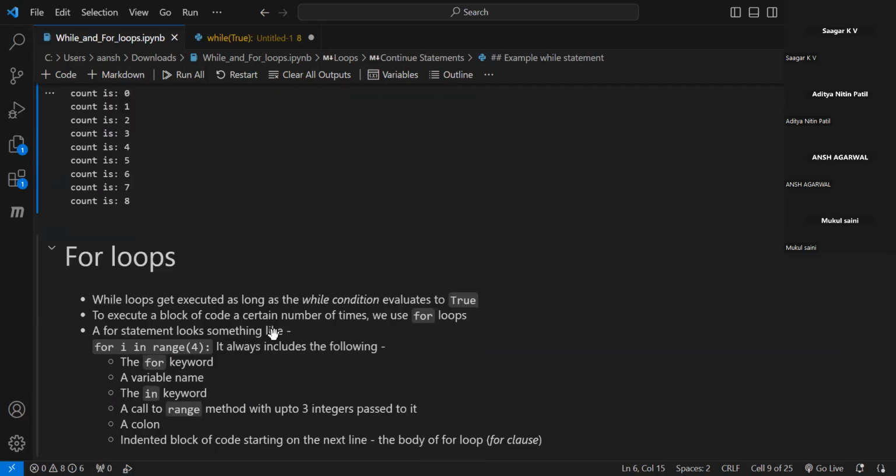Now I move to for loops. This is the same thing that the while loop is doing. The while loop gets executed as long as the while condition evaluates to true. Okay, जब तक while की condition true थी तब तक वो loop आगे बढ़ रहा था, लेकिन फॉर में ऐसा